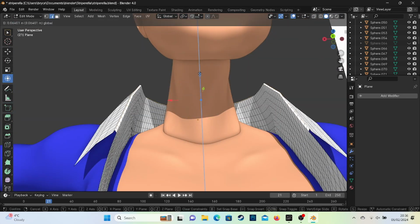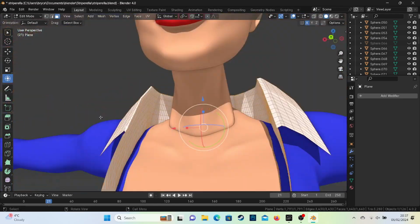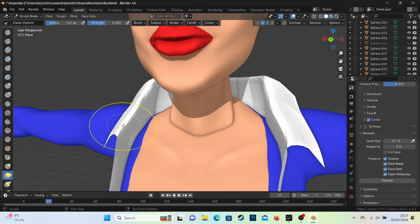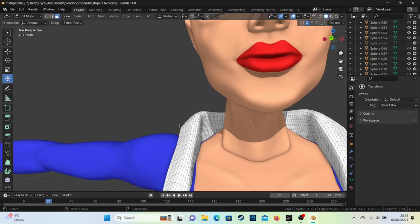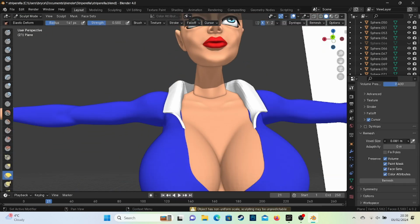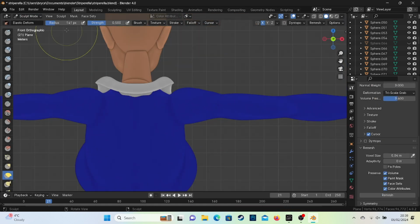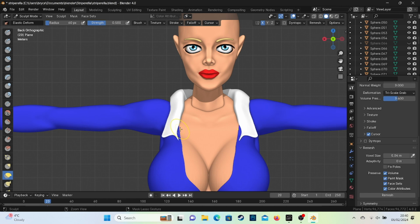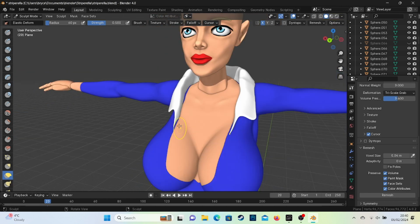But before you do it, you see where this edge is? You need to smooth that with the shift smooth, and it will then extract a little bit easier. So if you have a look, see, that's where I've smoothed it, and you can see the neater edge. Now that it's got a neater edge, when you right click and extract normals, it will extract properly. Then you're just getting your final touches on it,